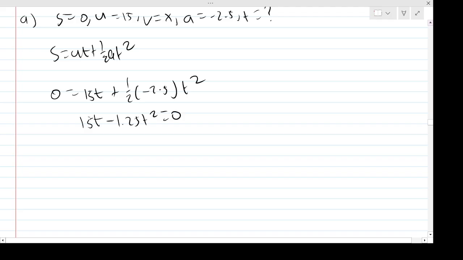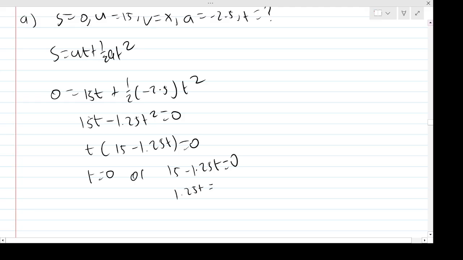Then I can factorise: t lots of 15 take away 1.25t equals 0. So t equals 0, or 15 take away 1.25t is 0, so that means 1.25t is equal to 15. Then t is 15 divided by 1.25, which will get me